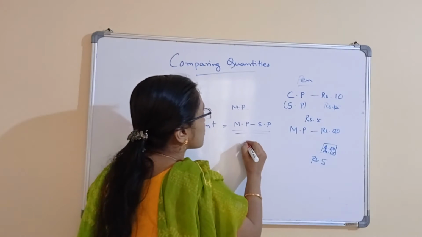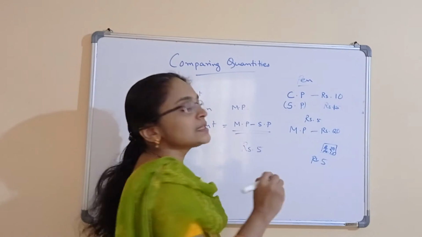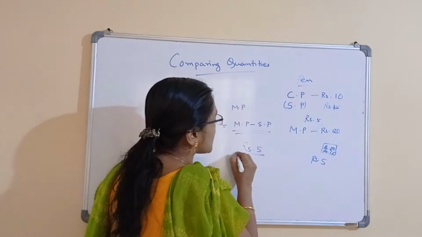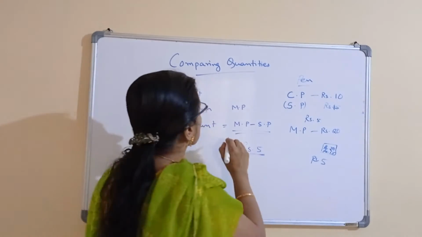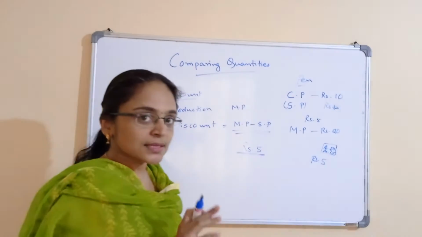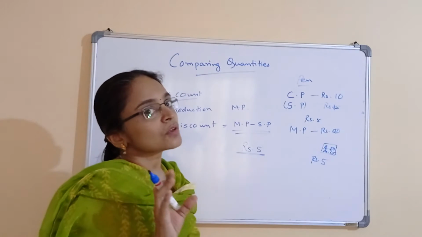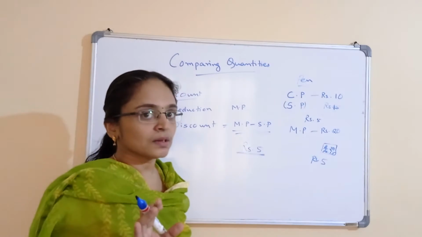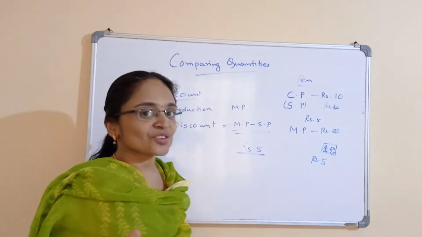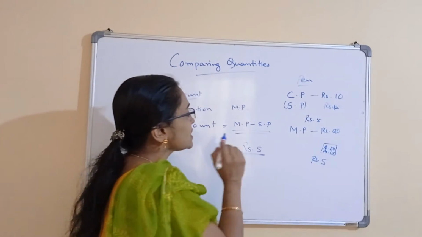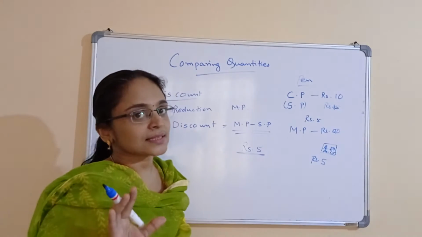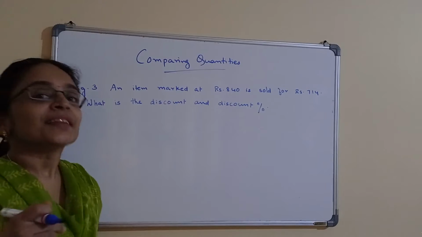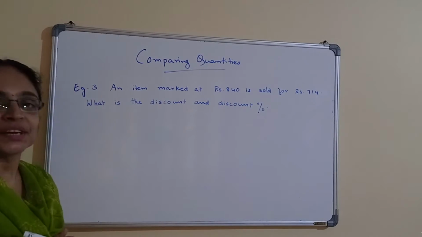So this 5 rupees that I have applied is called the discount. And this is the technique of applying discounts on articles. You might have heard of discount sales for Deepavali, Christmas and so on, right? So this is the technique of applying discounts. Understood? Now we'll discuss example 3 given in the text.